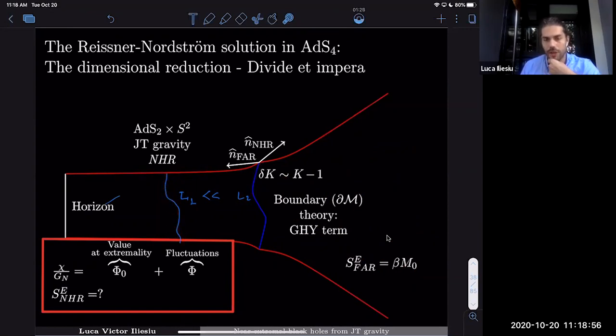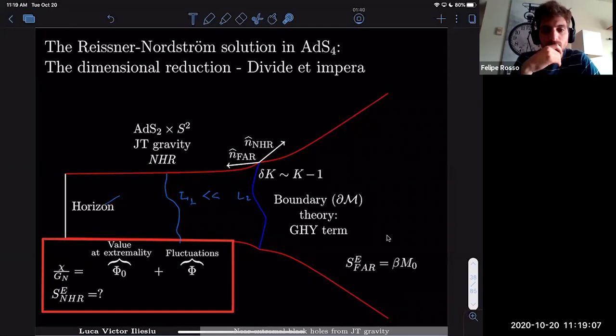And the way in which the results should stay the same is that other modes that are localized in between these two regions should compensate for the fact that I put things at finite cutoff. Mm-hmm. So in principle, if you were able to account for all this matter that you're talking about, you wouldn't expect to be able to access lower temperature.